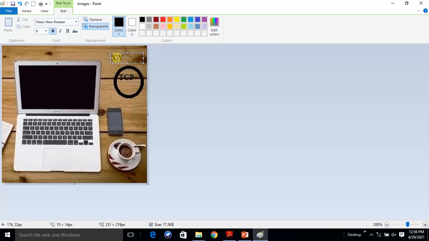Second, the y coordinate. Third, x plus width, and fourth, y plus height. This is what we require.